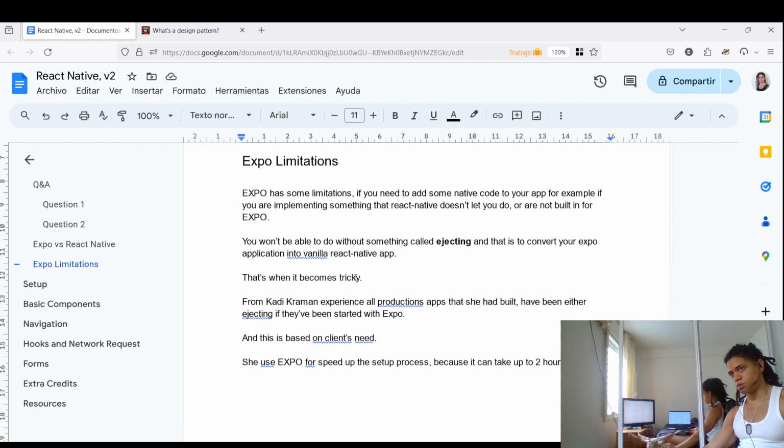The other topic is Expo limitations. The known Expo limitations, at least from back in 2020, and this might be quite outdated, are that if you need something that goes outside of React Native, or that is not built into Expo,